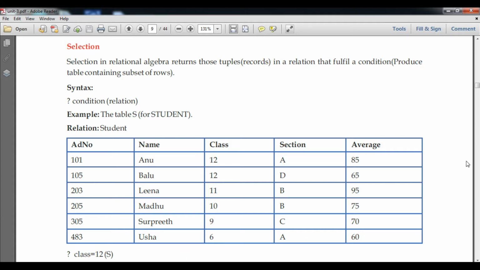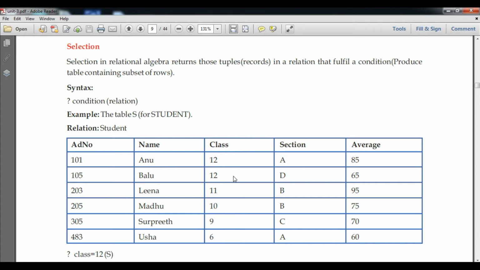Suppose we search only for class 12th student records. In that case we apply a condition, and all the data will not be shown in the output; only class 12th students will show. Here admission numbers 101 and 105 will show, that is Anu and Balu, both in class 12th.